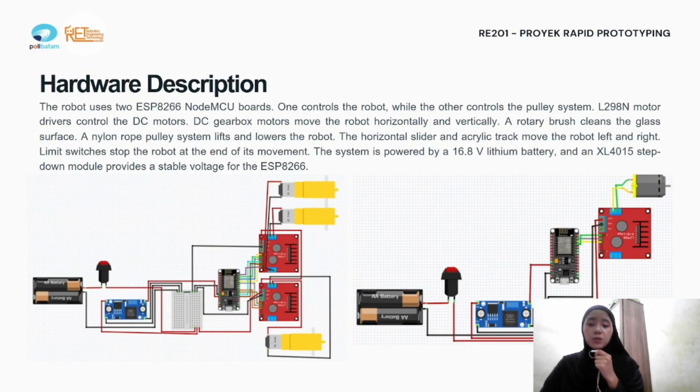Additionally, there is a limit switch that acts as a stop, so the robot will automatically stop when it reaches the end of the track. The entire system is powered by a 16.8-volt lithium battery. Since the ESP8266 requires a lower voltage, an XL4015 step-down module is used to reduce and stabilize the voltage before it enters the NodeMCU.